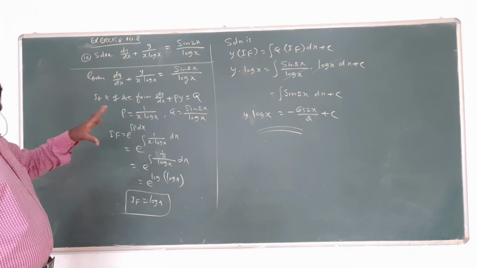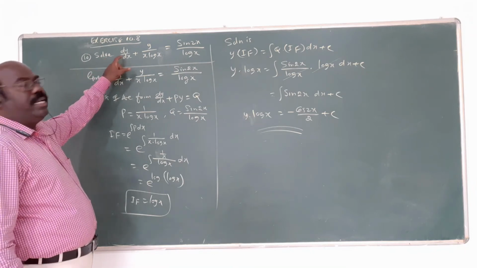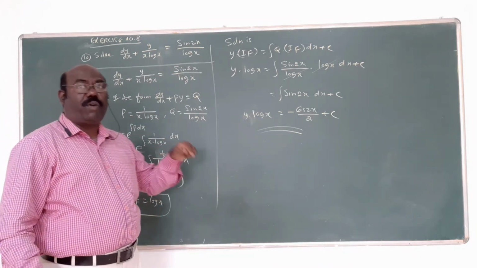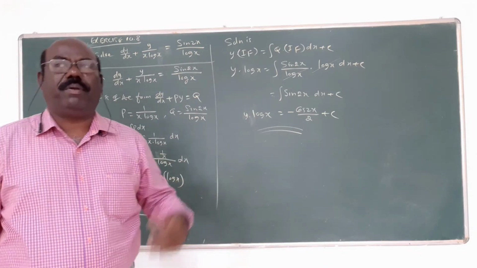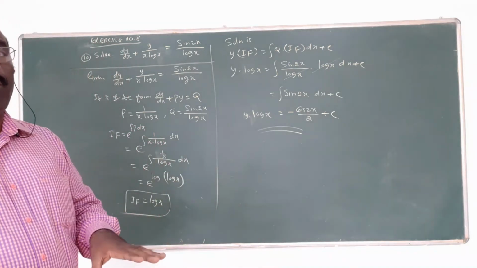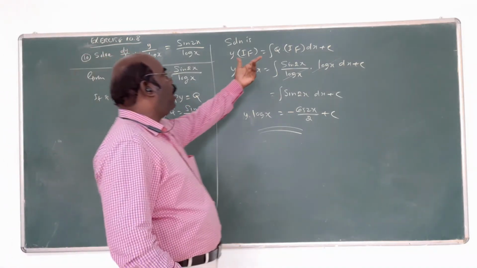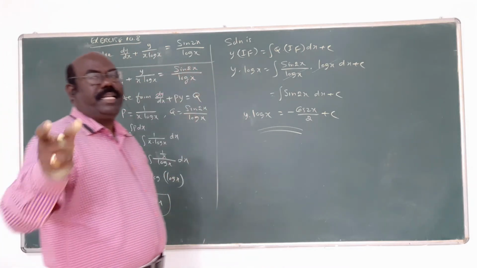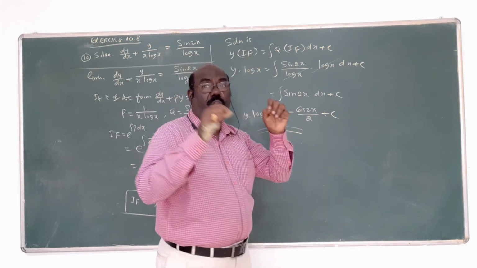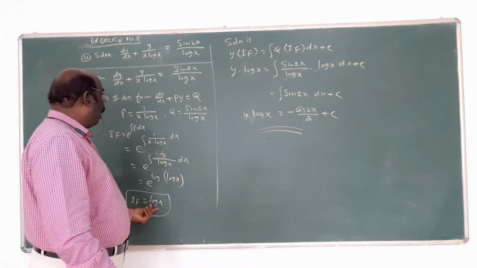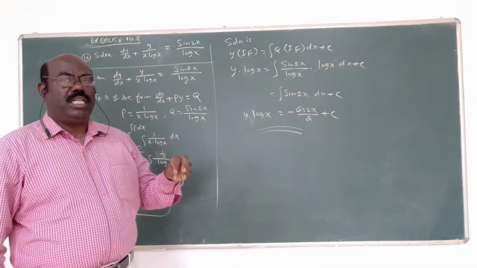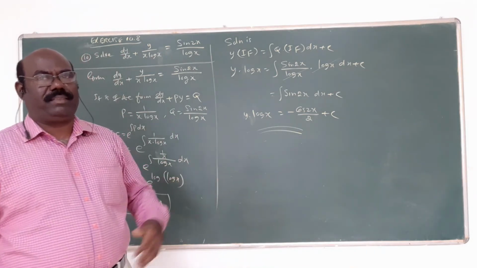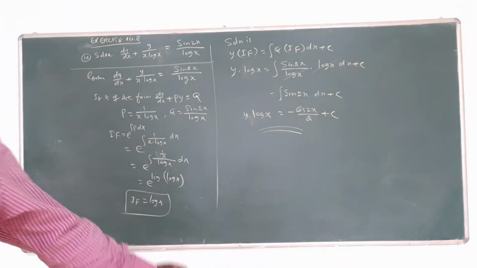We want to identify the method. It's not variable separable, since y is only there in the first power, and the others are in x. That's why it is a linear equation of the form dy/dx + Py = Q. This is the formula. We need the IF, and after finding the IF, we substitute to get the answer. Sometimes in a question only the integration part is asked. From the question you guess the P value, integrate with respect to x, and then you expect to get the answer.